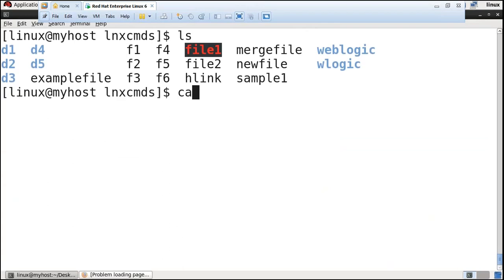So let's see here: cat space greater than hlink. I am updating the hard link, I am updating in the parent file.